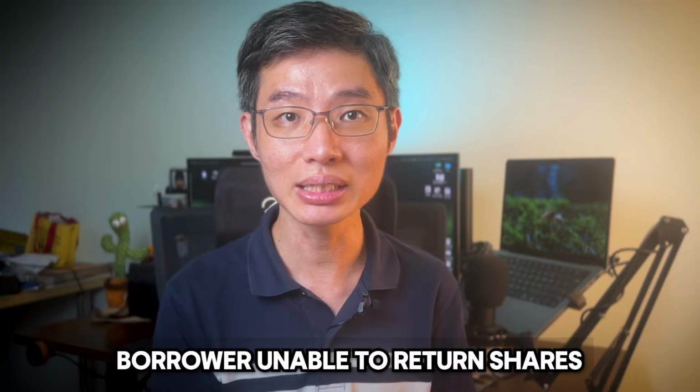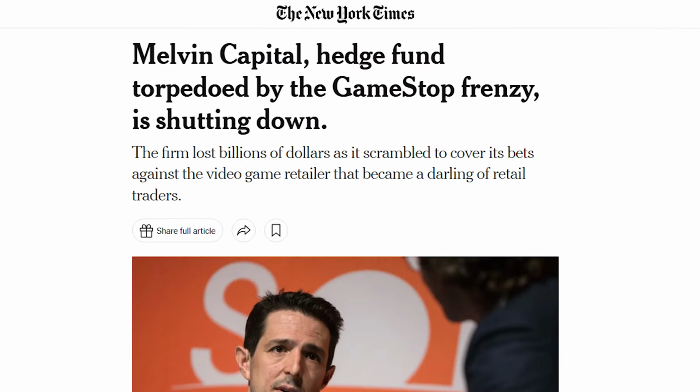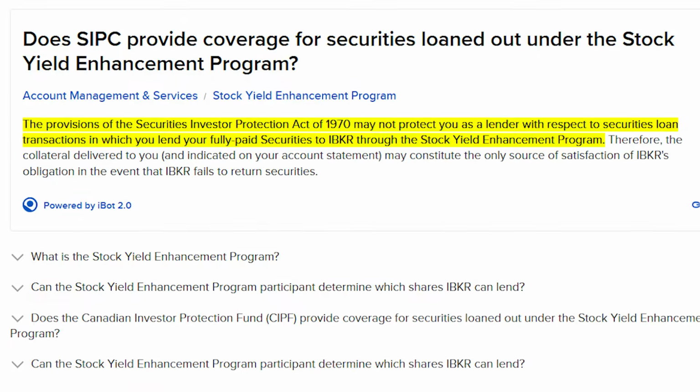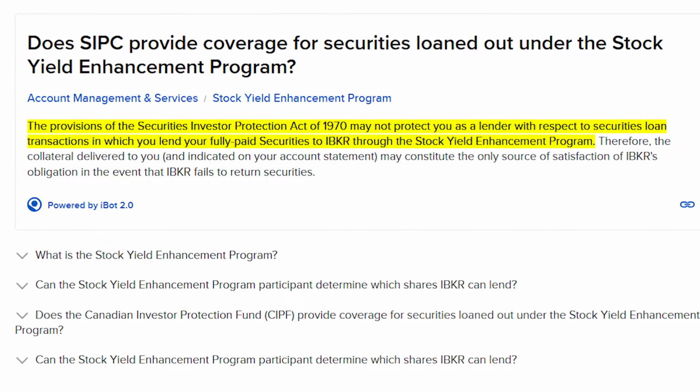But perhaps the biggest risk of them all is that the borrower ends up being unable to return your shares back to you. This could happen in very extreme situation when the borrower loses a lot of money and is forced to shut down. And to add on, stocks that are being loaned out are not insured under SIPC. However, the good news is that there are a few protections in place because